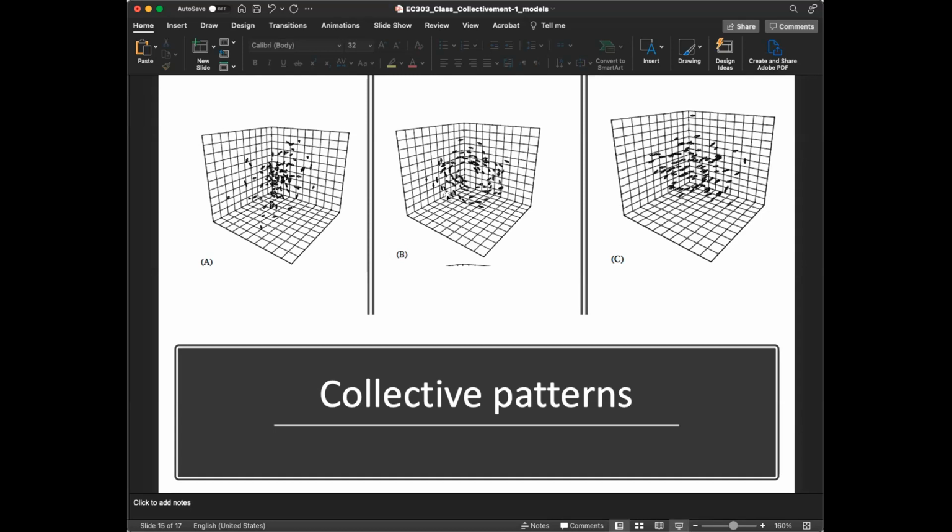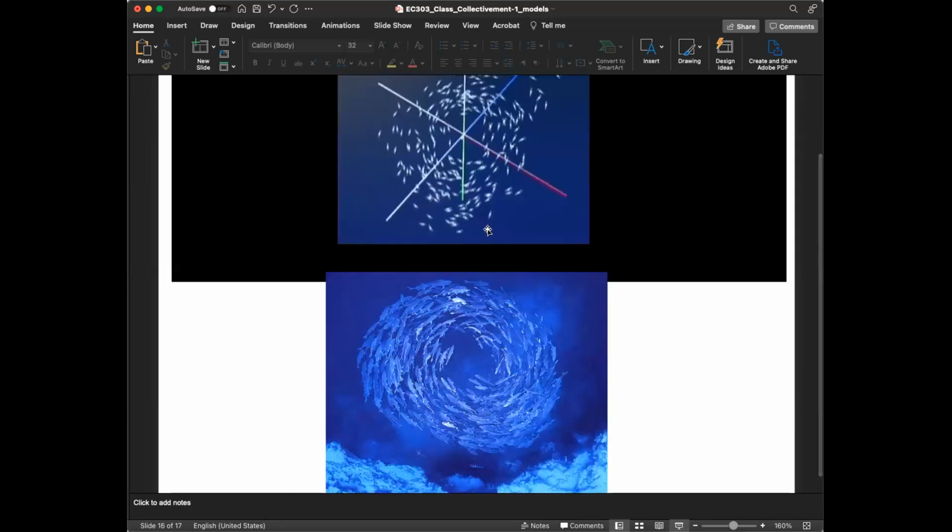On the other hand, in B, when there is an interesting balance between attraction and orientation, the entire group begins to move in the fashion of a torus. They're all basically going in circles. That's an interesting pattern that you see here. But this happens typically when there is a large degree of attraction followed by a small degree of orientation, in terms of the zonal sizes I mentioned in the model. In fact, you do find these kinds of patterns in nature.